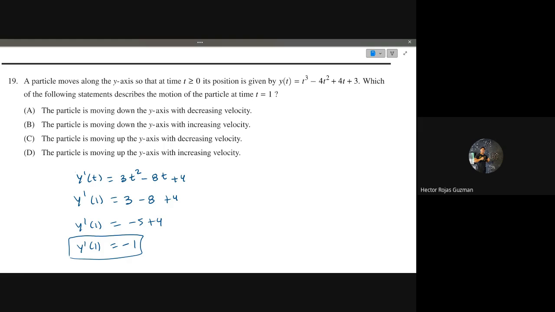But at the same time, we need to figure out if the velocity is decreasing or increasing. So we're going to need the second derivative. Y double prime of t is 6t minus 8. And if I plug in the 1, I get negative 2. So since the velocity,